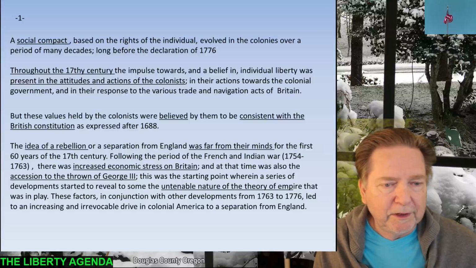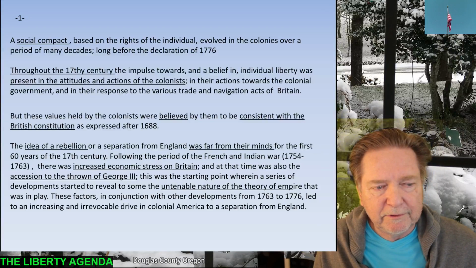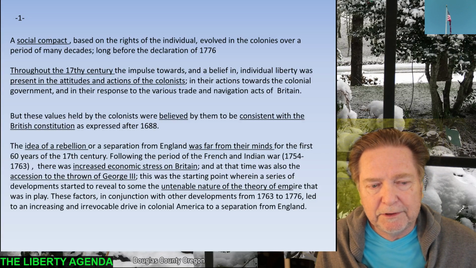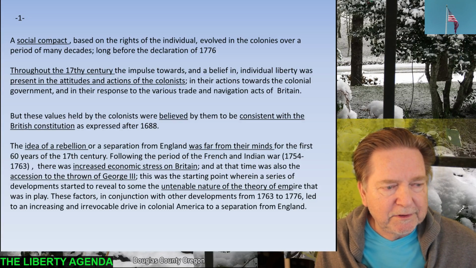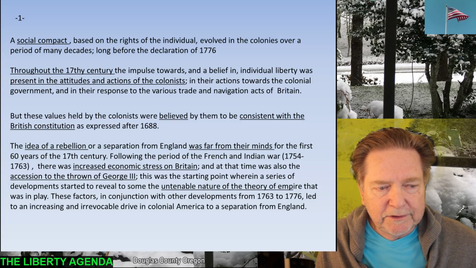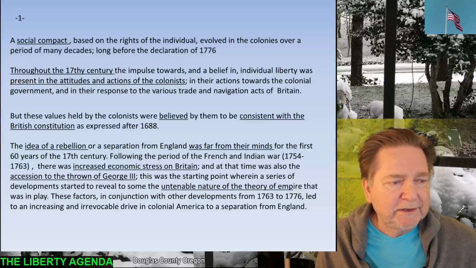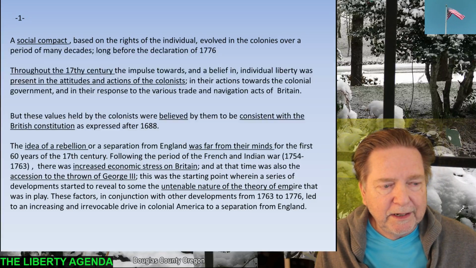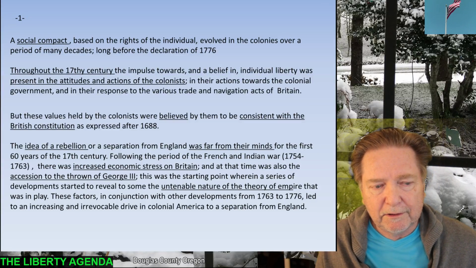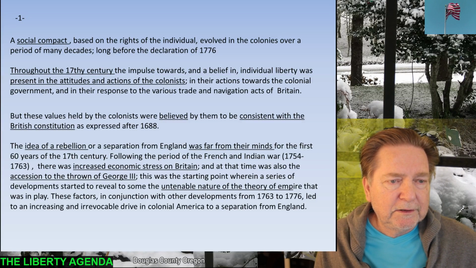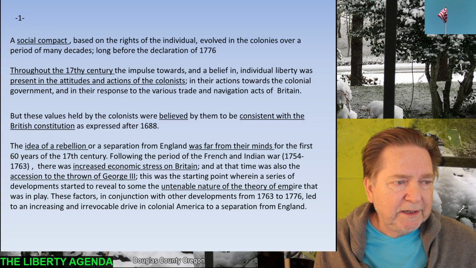This was the starting point where a series of developments started to reveal to some people the untenable nature of the theory of empire that was in play. These factors, in conjunction with the developments of 1763 to 1776, led to an increasing and irrevocable drive in colonial America to a separation from England. So what you see in